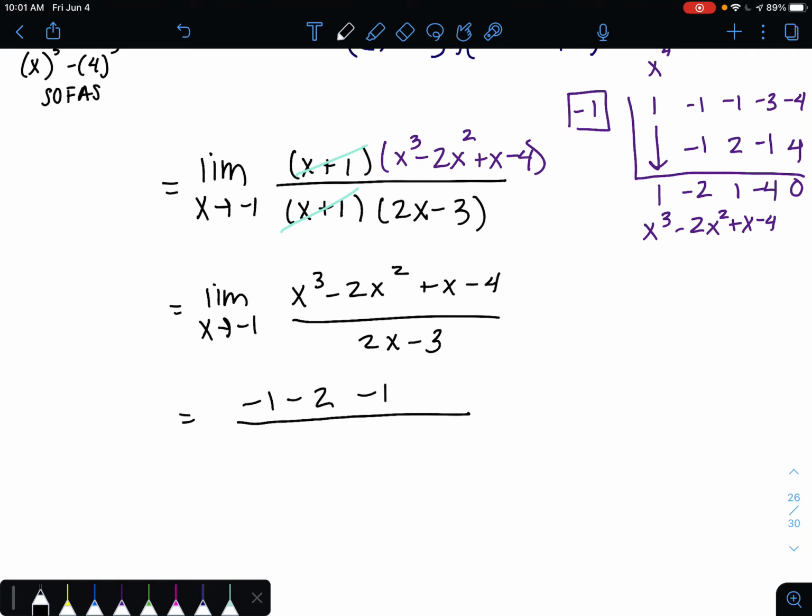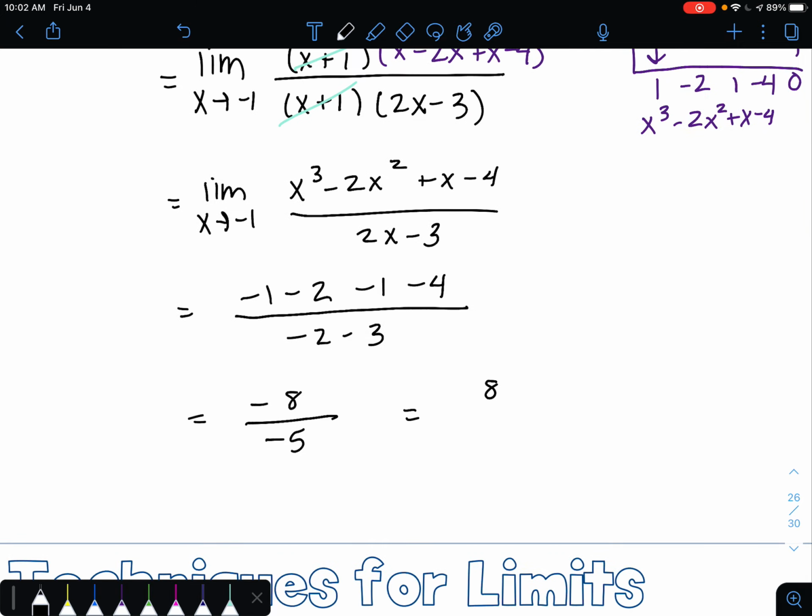So, right, if I do that in the top, negative 1 cubed is negative 1, negative 1 squared is positive 1 times negative 2, right, minus 1 minus 4 over negative 2 minus 3. So I'm going to get negative 3, negative 4, negative 8 over negative